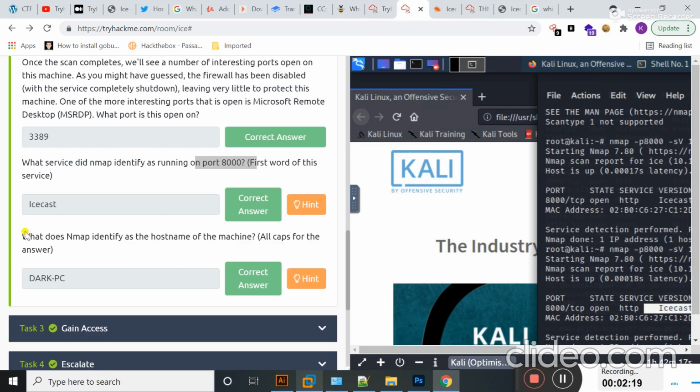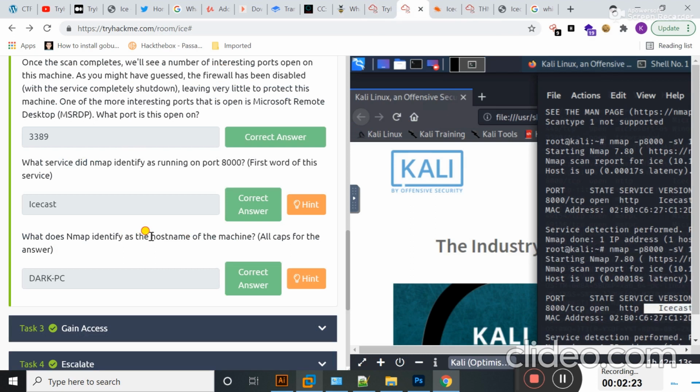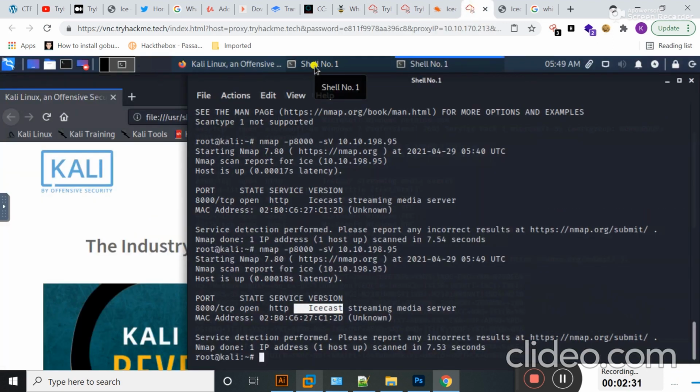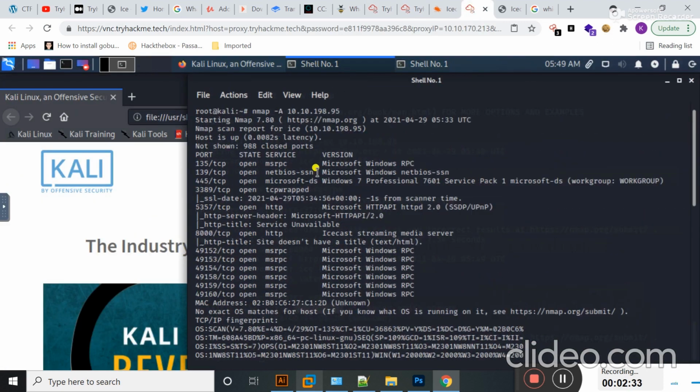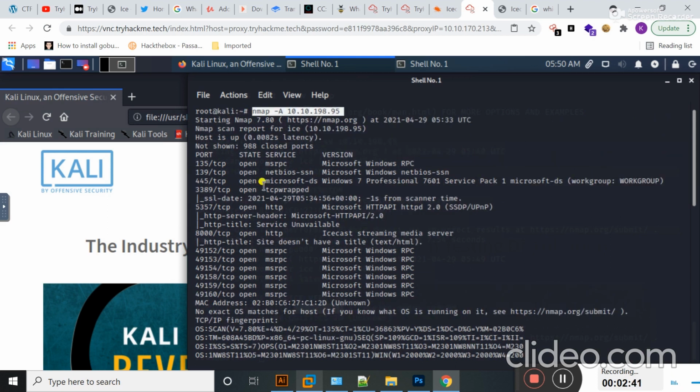The next question is what does Nmap identify as the host name? Students, in order to find the host name of the target machine, I have to use the -A switch of Nmap. I have already used the -A switch. Here you can see nmap -A and then the target IP address. You can see a lot of detailed information in front of me.